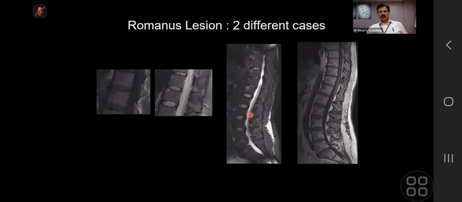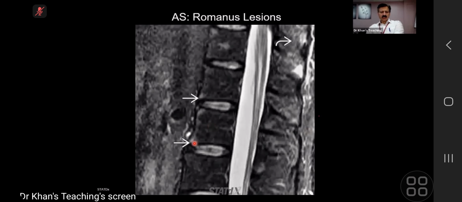Now, what will happen is that initially, when there is active inflammation, it will be high on STIR. Later on, a T1 weighted sequence might show fatty marrow, which will be high on T1, and then on STIR the signal intensity can decrease. So in this particular case, there are some acute over chronic type of findings here. Now, this is another case of